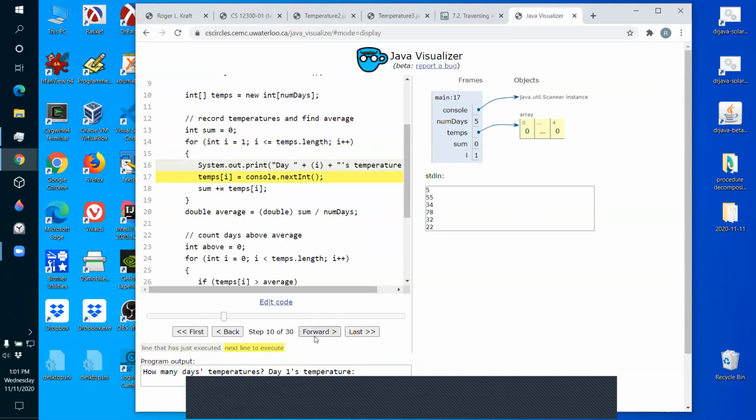Now what's going to go wrong here? Day 1's temperature is 55. It'll store it in 1 instead of 0.